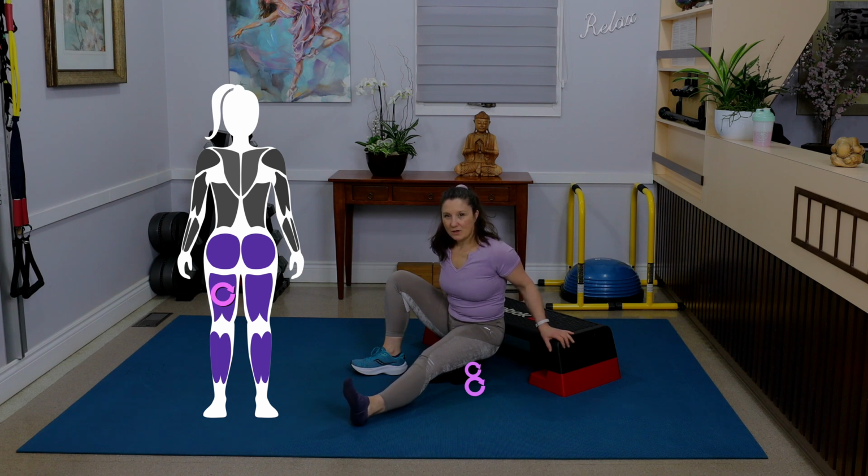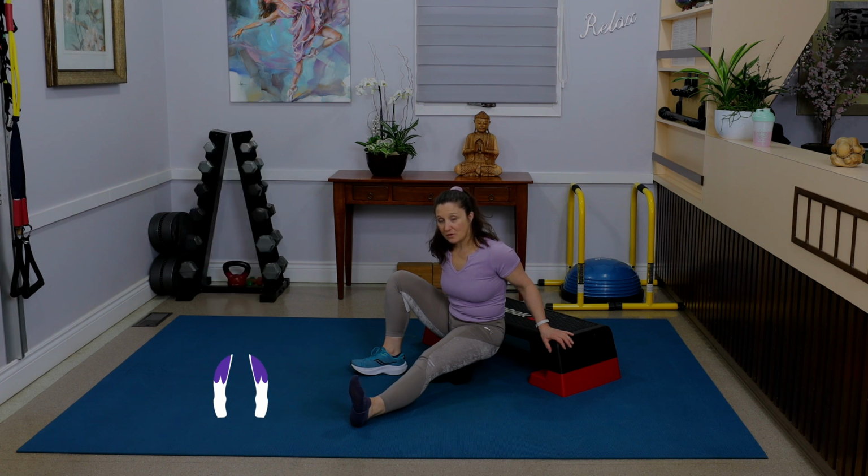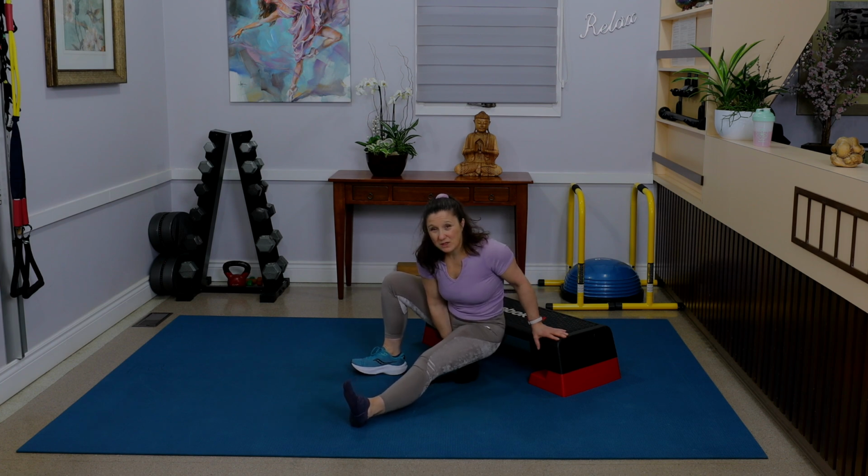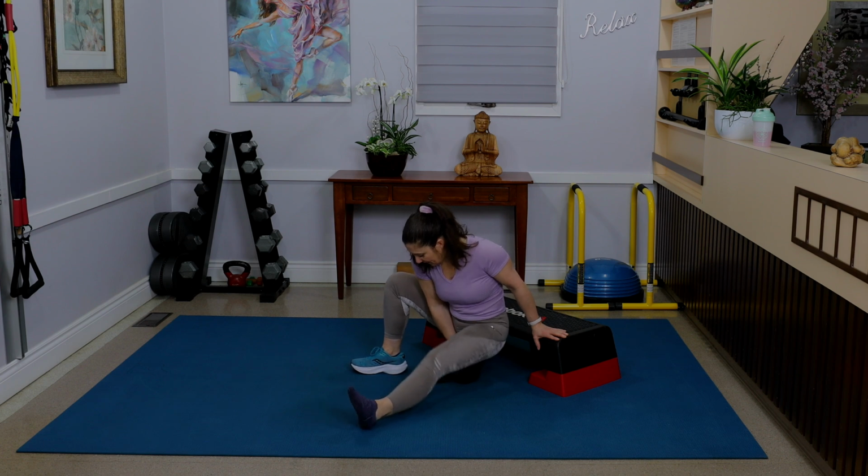As I am really close to that ischial tuberosity. Yes, I'm not there. I'm into the hamstring below for sure. If you want to go more toward the ischial tuberosity and get more to the ischial tuberosity ligament,